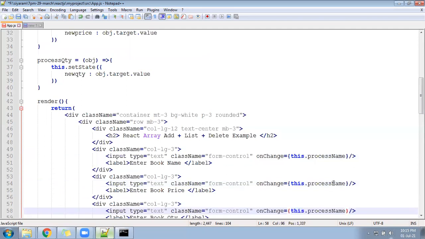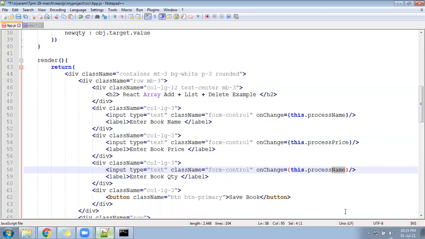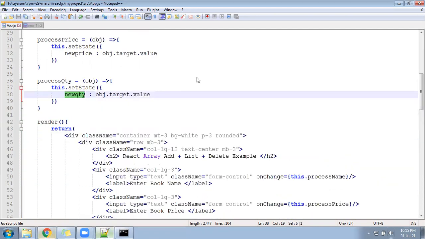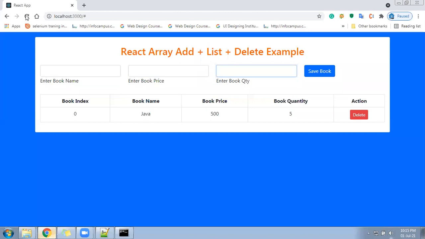I have to change process name to process price here, and process QTY here. Three functions I have written, three functions I called here. Right now, with the help of these three functions, we can pick the value of the text box and pass it to these three variables. Let's see if there is any error. There is no error inside your page. It's working absolutely fine.